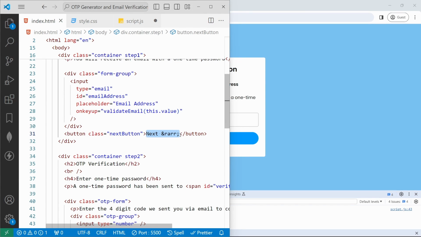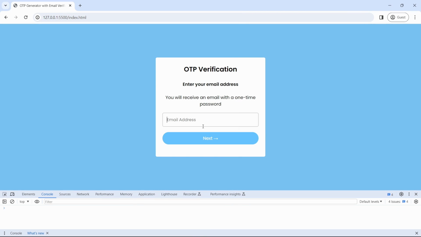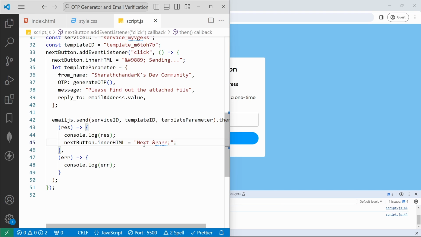I will copy this, I will change this. If I save, if I go and add the email address, so if I click, now we can see that sending loading animation. So once we send, we need to send back to that another screen, right? So again I will jump to here, and then I will add the step1.style.display to